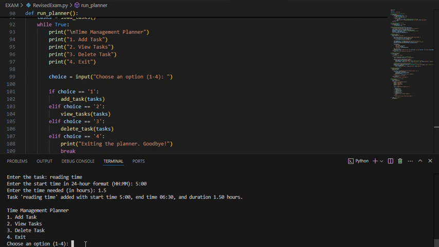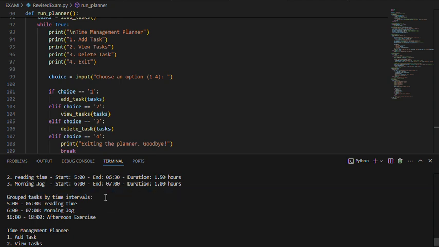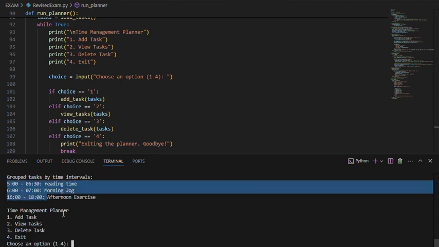Now, 1.5 hours, it will end at 6:30. 1.5 is one and a half, meaning it will indicate only 30 minutes. Okay? So now, let's view the task. It will indicate group task by time intervals. So we did that. It indicates well: 5, 6, then 7, then 16.